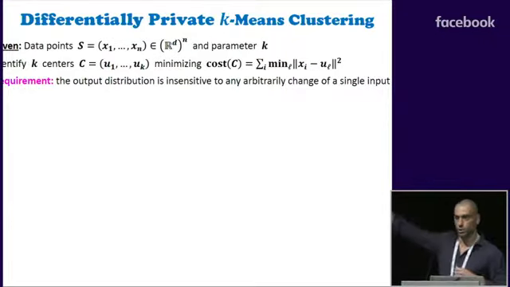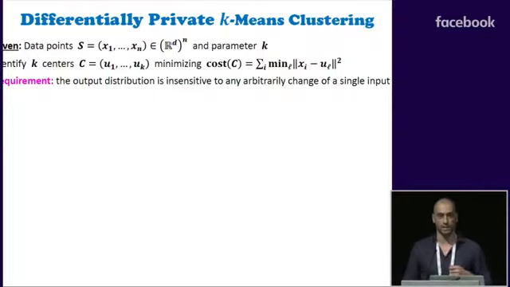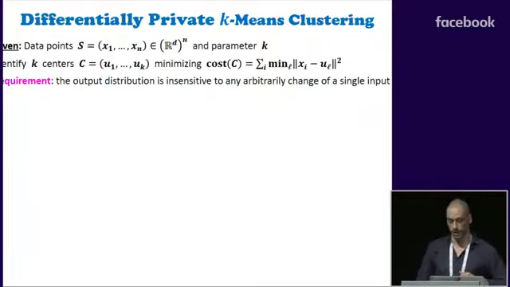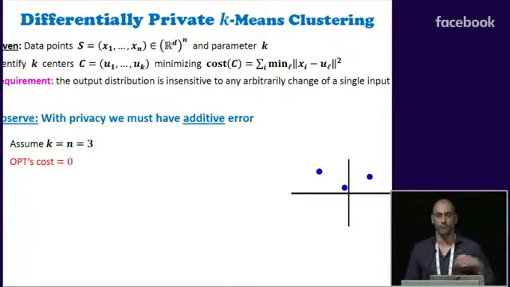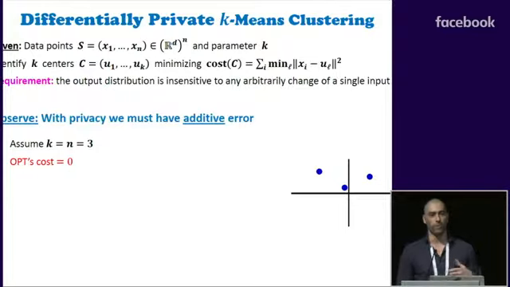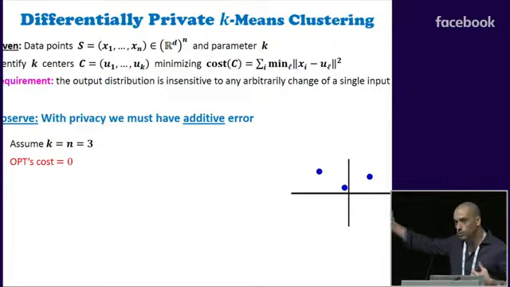Nothing happened. I just copied to the top the definition of k-means clustering and the requirement of differential privacy. Now I want to put my finger on an issue that we have right out of the definition of differential privacy in this context. Usually when people construct approximation algorithms for k-means clustering, they consider multiplicative error guarantees. But under this requirement of differential privacy, we're going to have to be okay also with an additive factor of approximation. Why is that? Let's look at this picture here.